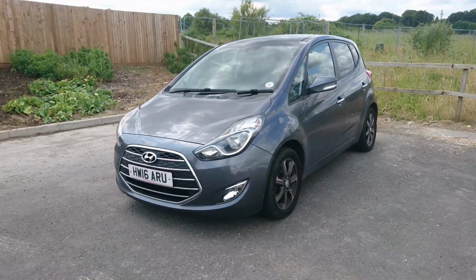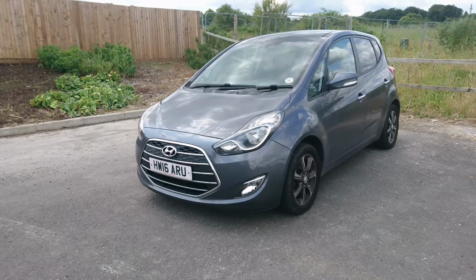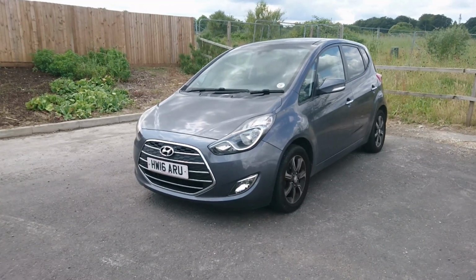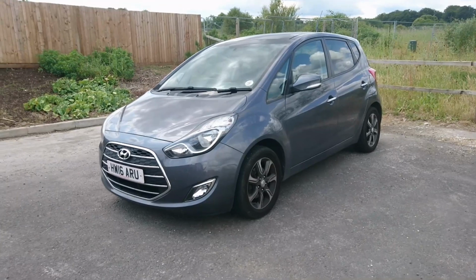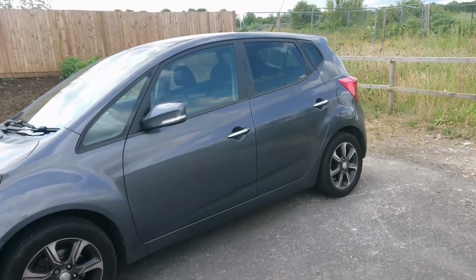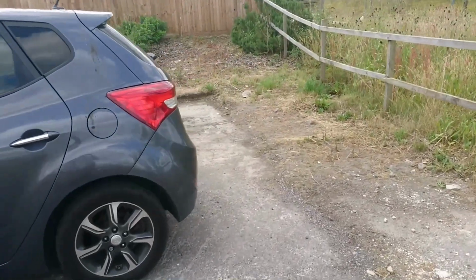Well, viewers, we're back in the same location once again, about 2.5 years later, with another Hyundai based on the first generation i20 platform. I'm afraid this car is in some daily use. There hasn't been time to clean it before I've taken it out. My friend's been busy today,